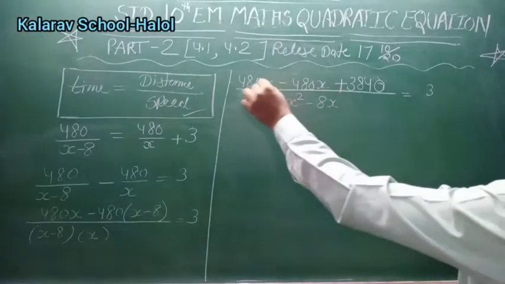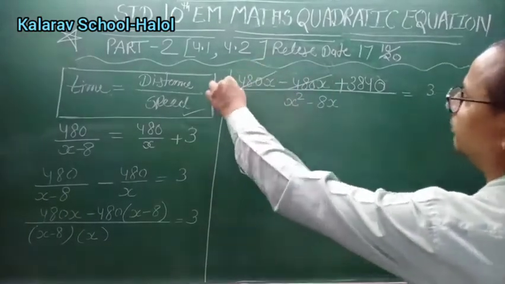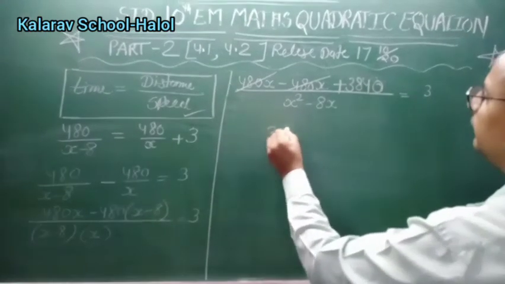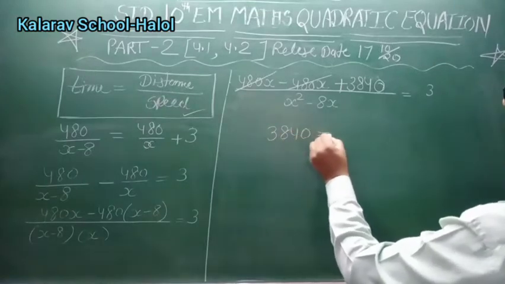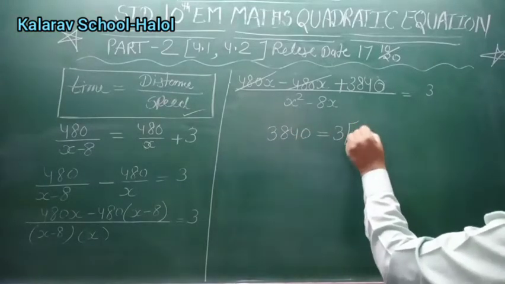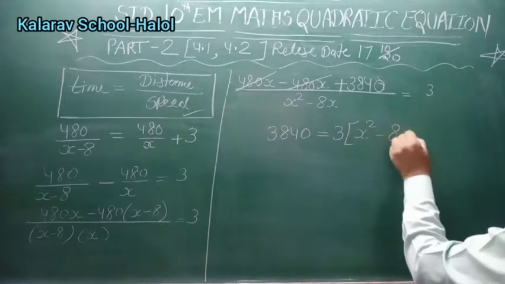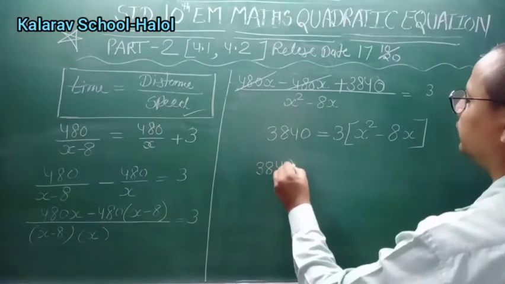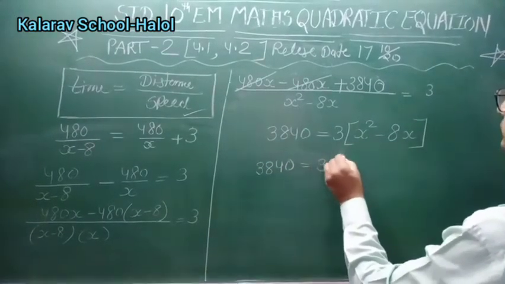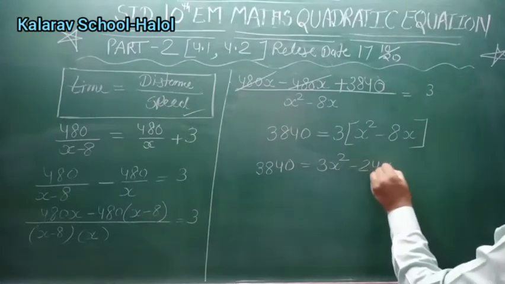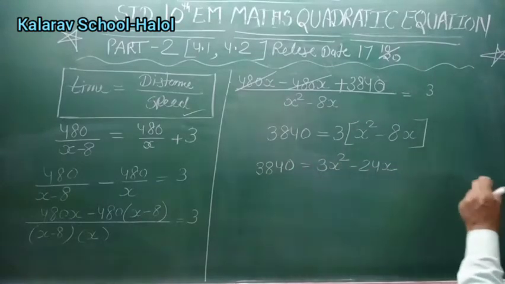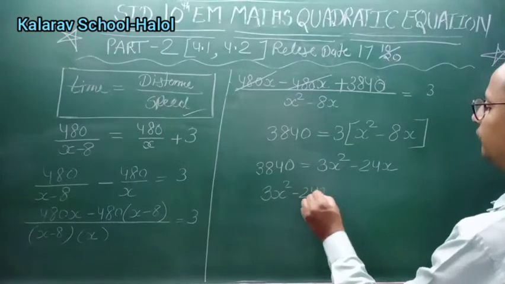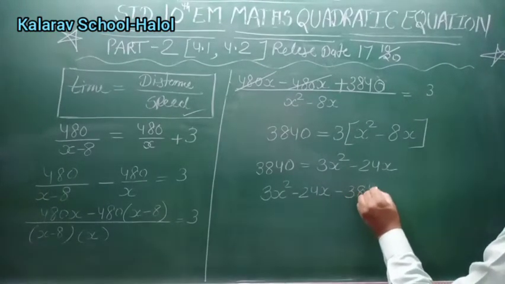Now you can see both are plus and minus, so it will be the same term, so it will be cancelled here only. This one you shuffle in this side, so 3840 equal to 3 and in bracket x square minus 8x. 3840 equal to 3x square minus 24x. Now this one you shuffle in this side, so it becomes 3x square minus 24x minus 3840